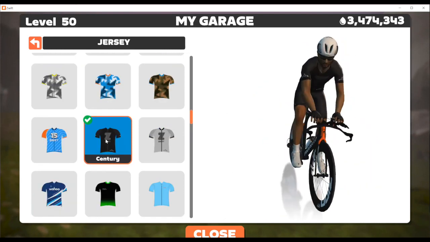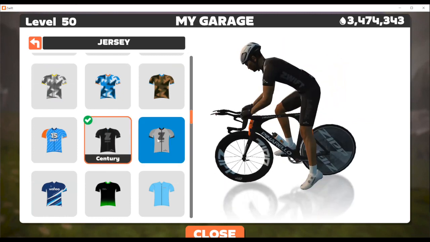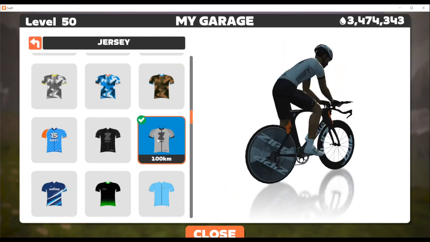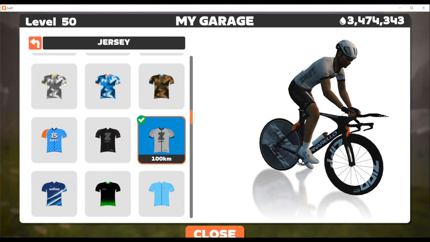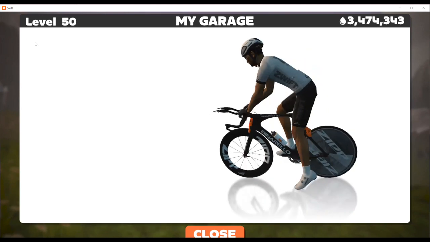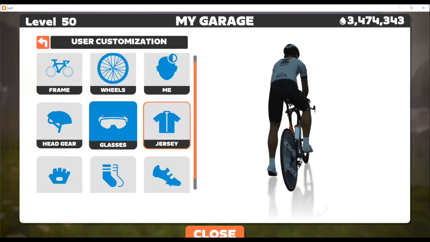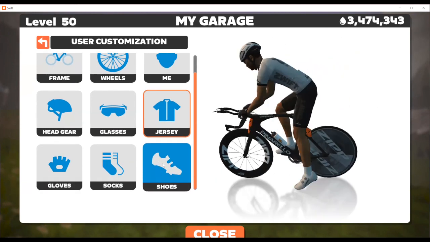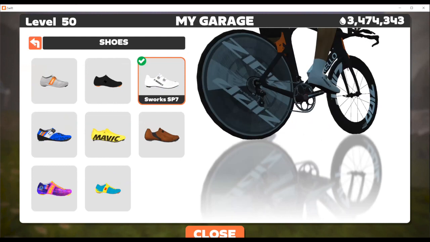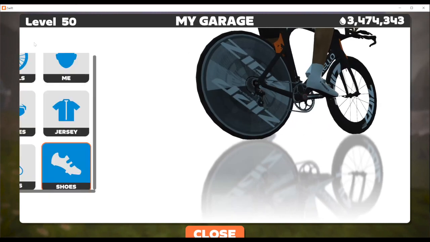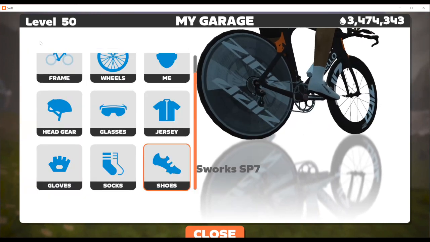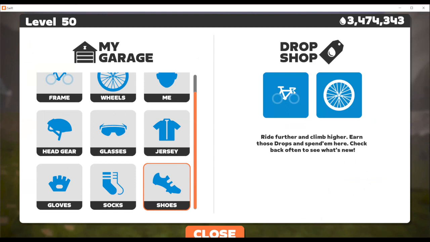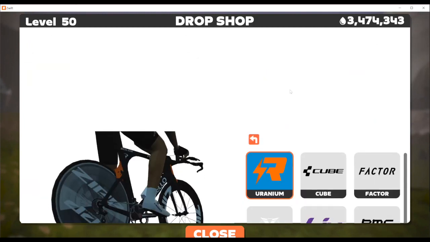This is what you get when you ride a century within Zwift. This one is what you get when you do a metric century in Zwift. So they give you, again, the ability to pick up different kits. Same with gloves, socks, and shoes. So you can totally outfit yourself within the game, customize it, and you can then go shopping.